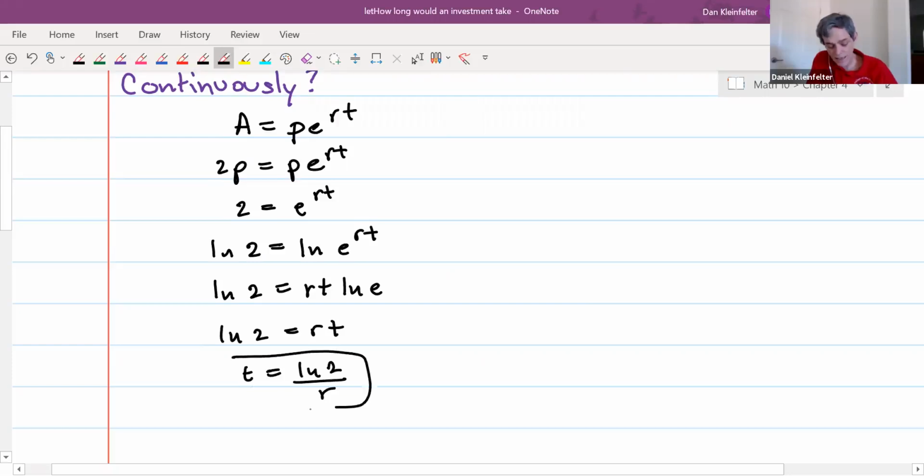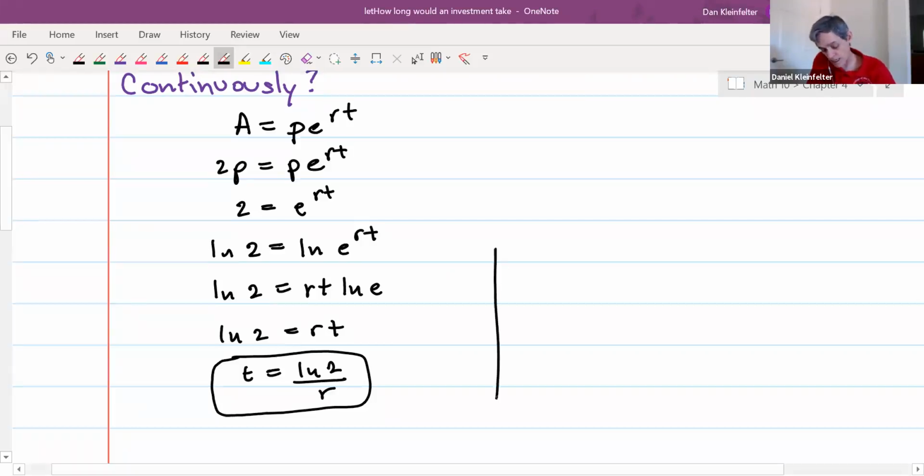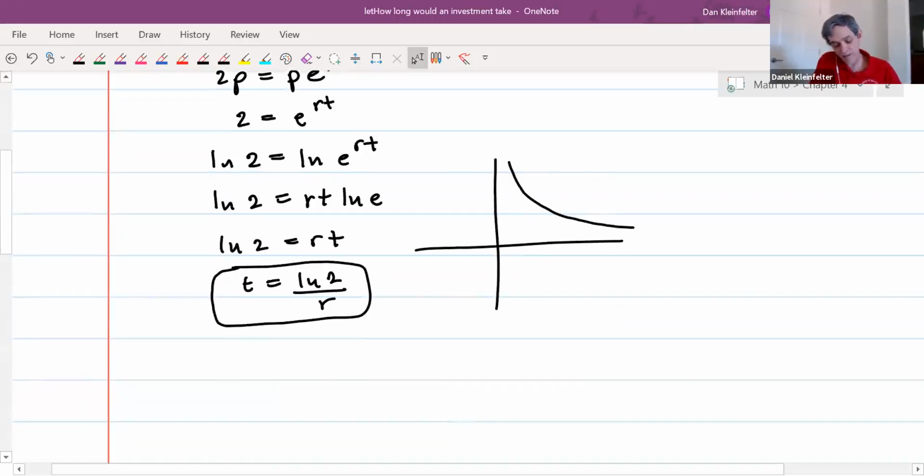And that's kind of neat. Natural log 2 is a constant, right? It's about 0.69. And so the time is actually a rational function of the rate. This looks kind of like the reciprocal function if you graph it. Which makes sense. As the rate increases, the amount of time it takes to double will decrease. If you have any kind of a business background, by the way, and you've heard of something called the rule of 72,